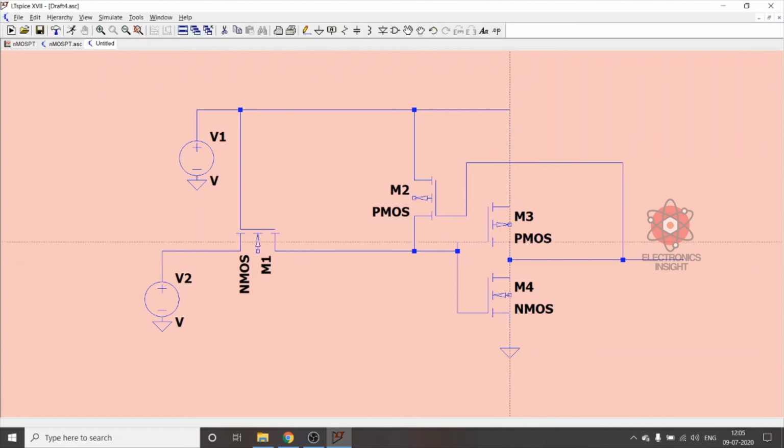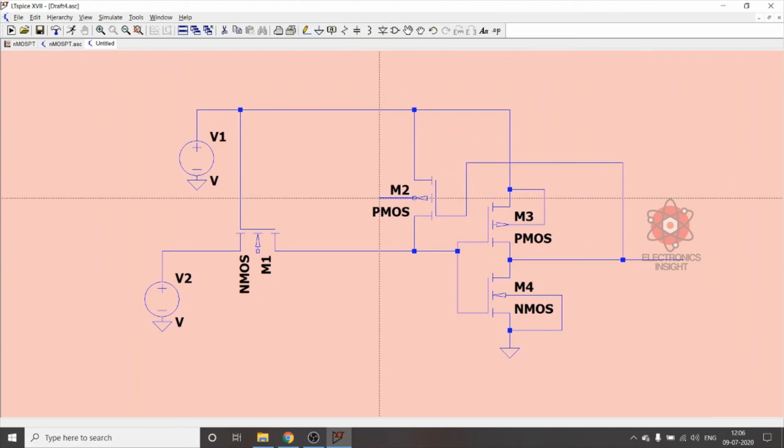So for the substrate connections, we need to connect the substrate or the bulk terminal with the source. The same thing here, because the NMOS source will be at the lower potential, that is why it is connected to the ground terminal, whereas the source of PMOS will be connected to a higher potential, that is why it is connected to the voltage source. The common drain terminals have been connected and the common gate terminals have also been connected, and here also, we need to connect the substrate.